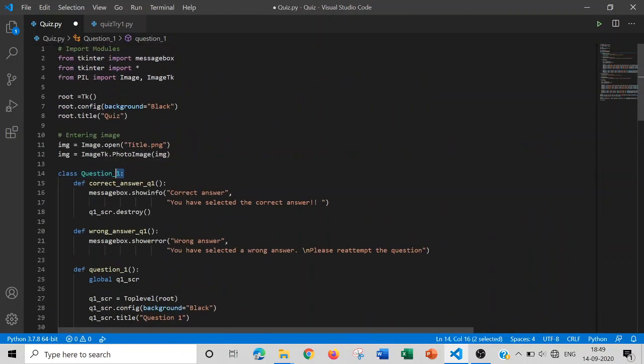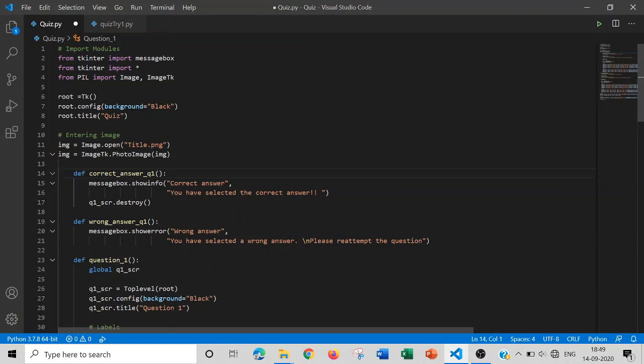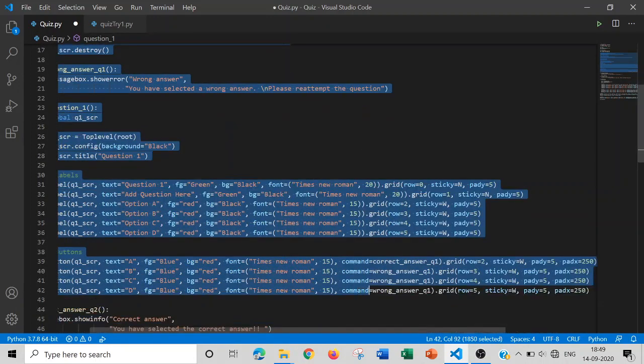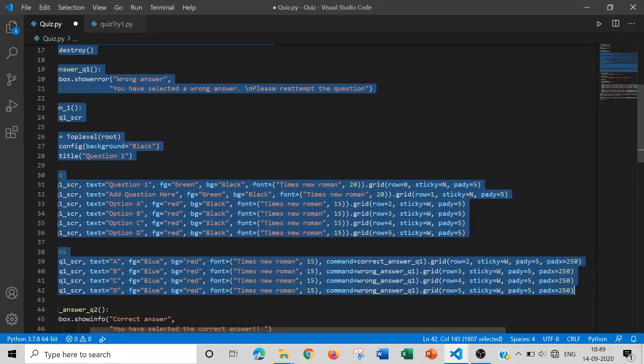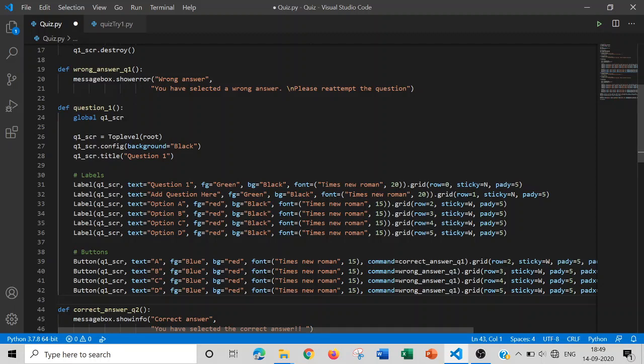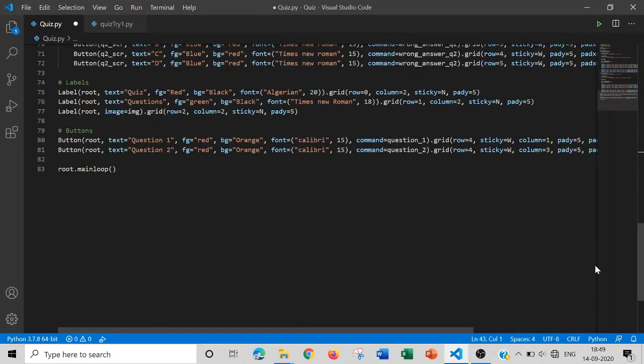Even if you are not doing that, it's okay, it's not a big problem. But still, if you want to make your code look cleaner, then you can do this. You can experiment on this thing. Okay, just got a thought about it. But the main thing for today's tutorial was this entering for the image, because this image makes our code look better. Then you can add more images.